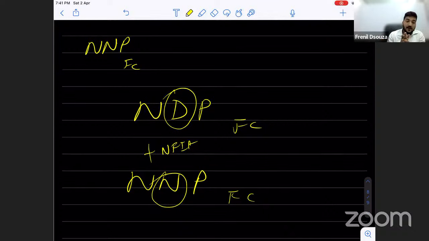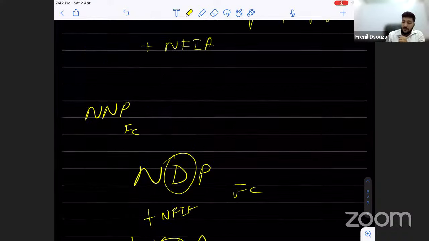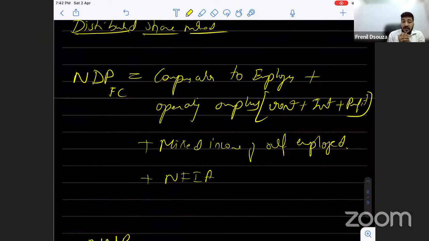And we'll be done with the income method, right? So what am I doing in the income method? I am making a total of all the factor incomes which are paid out by all the production units within the domestic territory of a country as wages, salaries, rent, interest, and profit. Other than these, you can't really imagine many types of incomes. All types of incomes are covered except for the transfer payments. What are transfer payments? I have already explained to you in classroom. I will also take that up later when it comes in the second unit of this chapter, right?